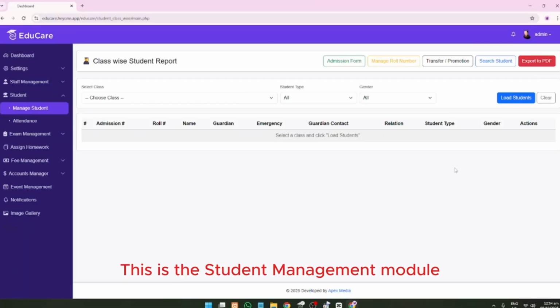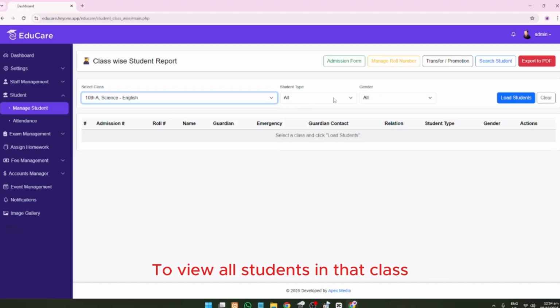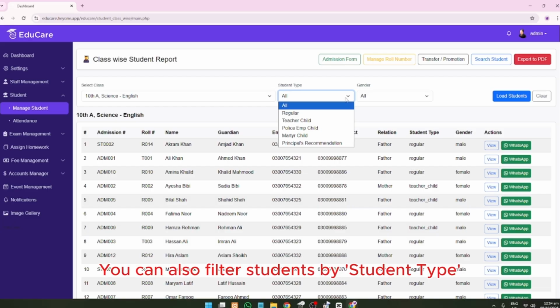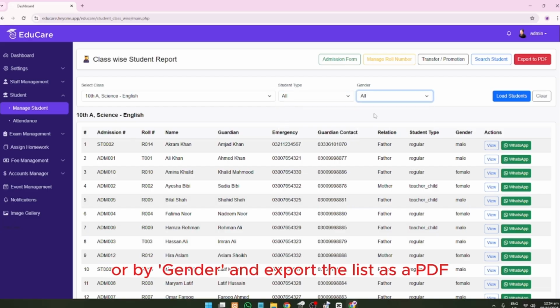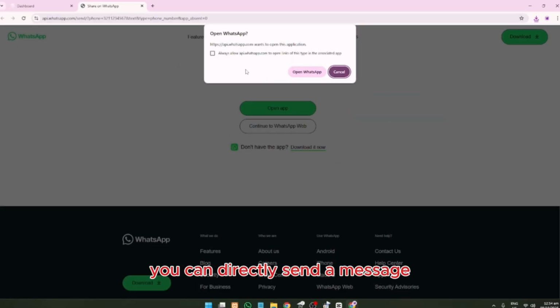This is the Student Management module. From the drop-down, you can select a class to view all students in that class. You can also filter students by student type or by gender and export the list as a PDF. In addition, by clicking the WhatsApp button, you can directly send a message or make a call to the student's